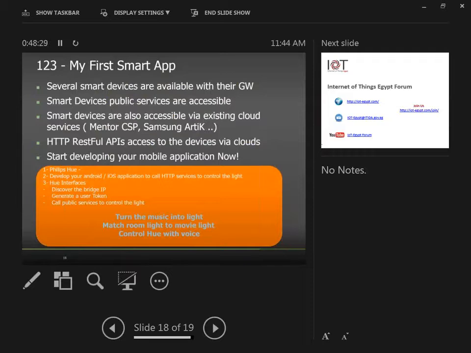Also, some of the clouds offer connectivity to such embedded devices that are available on the cloud. So if you buy Philips Hue and then subscribe to a cloud like, for example, the Samsung Artik cloud, it will automatically allow you to connect to your Philips Hue and drive values, or drive the Philips bulb, via the Artik cloud. You can do it manually via a dashboard portal, or you can do it by calling an HTTP RESTful API.